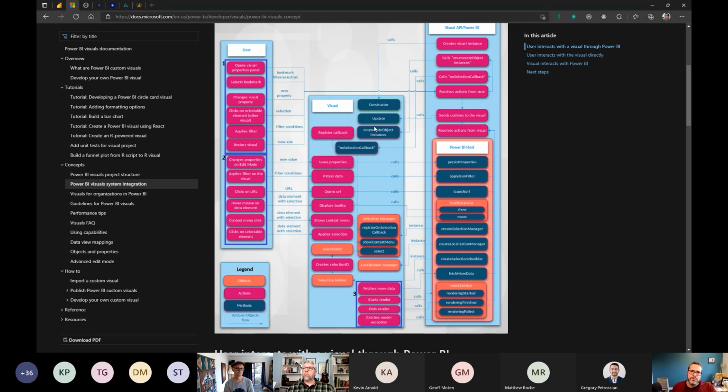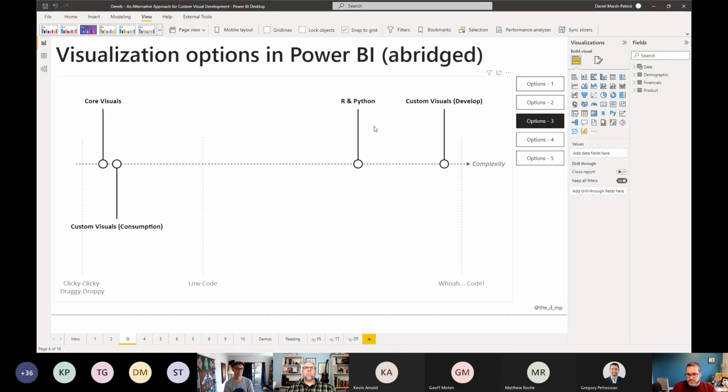So when you start to think, oh, I'll build a custom visual, not only do you have to change your domain almost to web development, that's HTML, CSS, JavaScript. There's not many of us that span those disciplines. Some do, and I had some experience before I got into Power BI, which helped me out a bit. But if you need something quickly, it's quite difficult to bridge that gap and have the time available to do that. So often people fall back to the R and Python side of things,